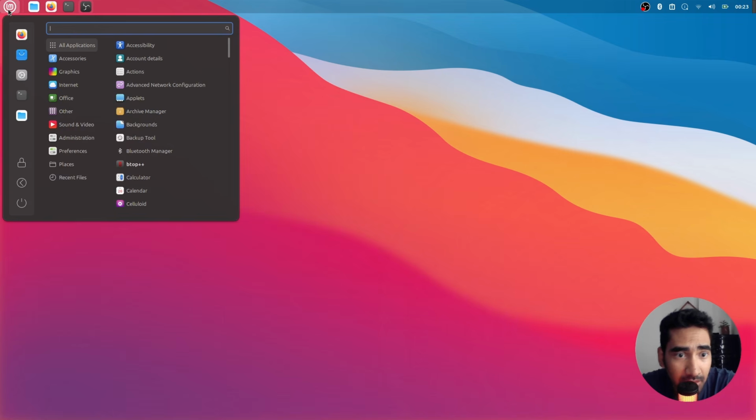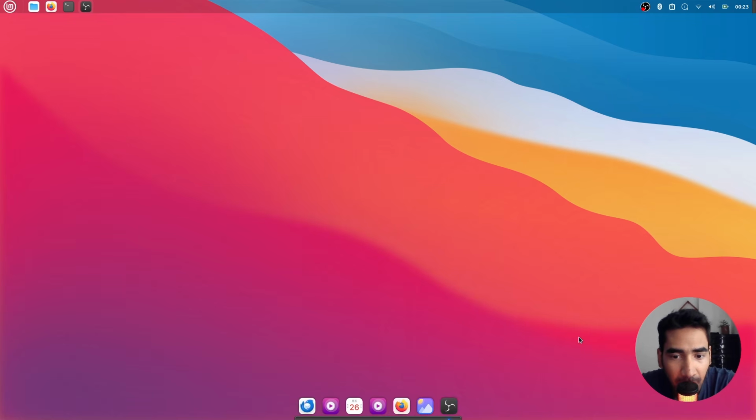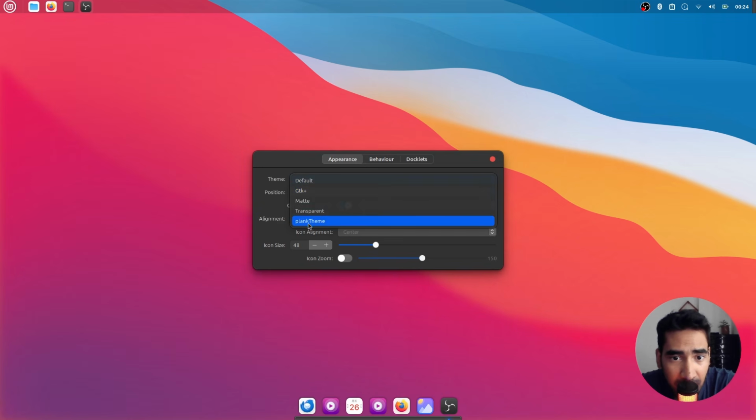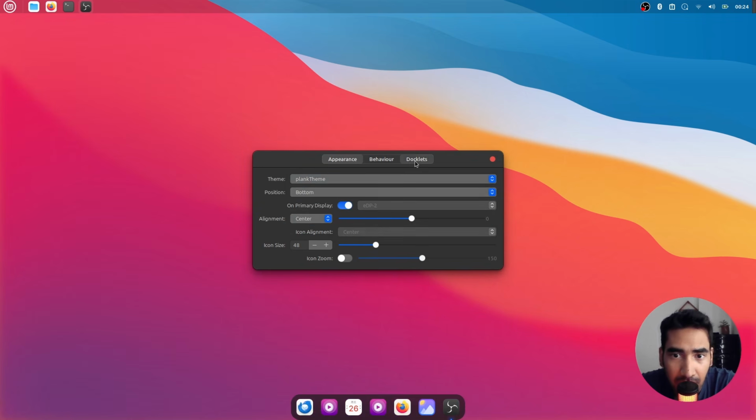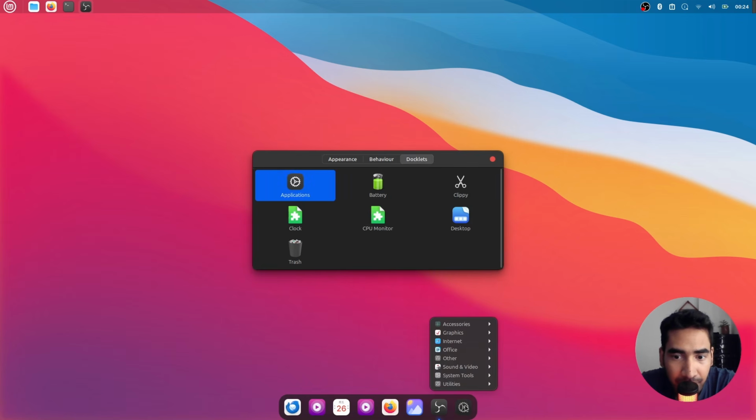So let's go ahead and search for blank. Click on blank. So this is our blank. So right click on the edge of the blank and click on preferences, then select your theme, which is blank theme, and then go to docklets and click on applications, double click,